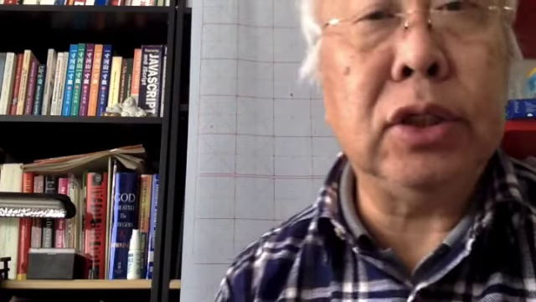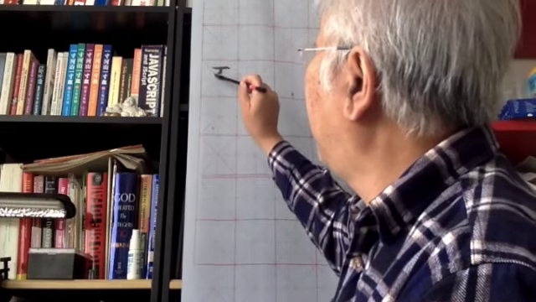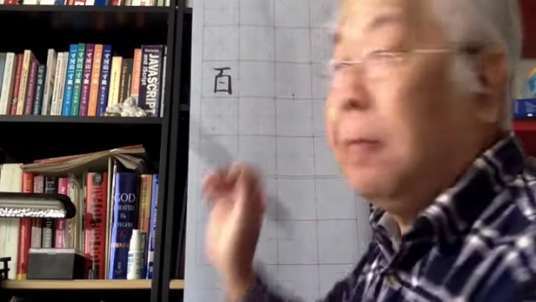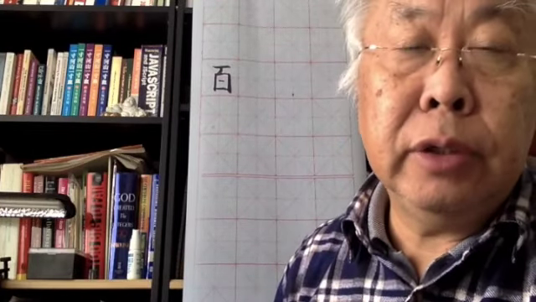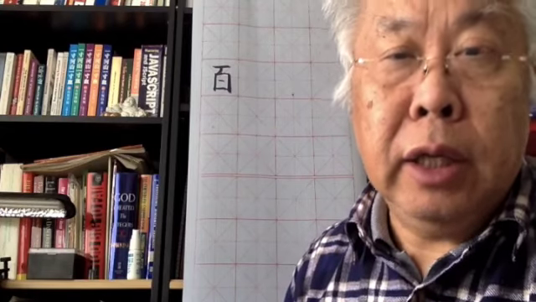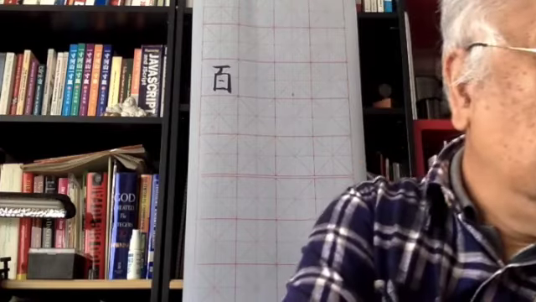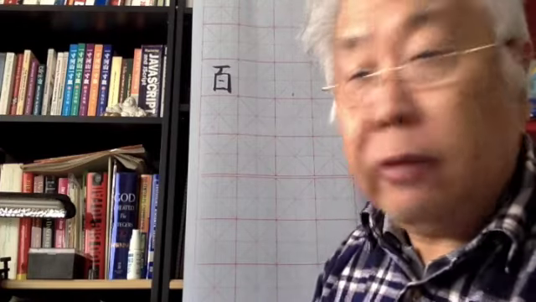It is written like this. It is a horizontal stroke with a little flash and then a rectangle with a horizontal line in between. This represents 100. So in the case you want to express, say, 111,